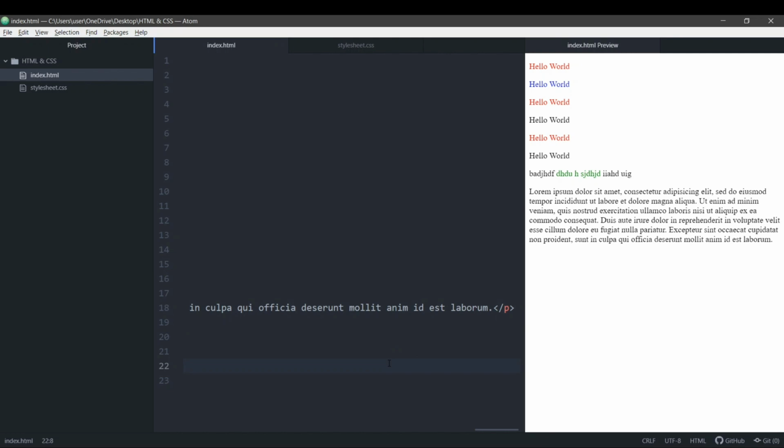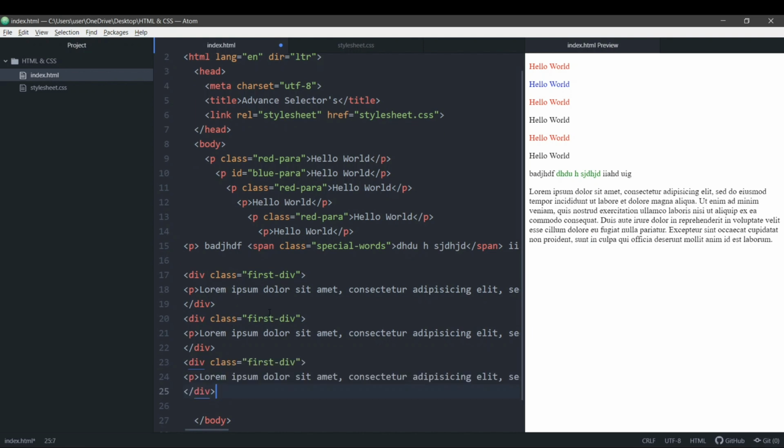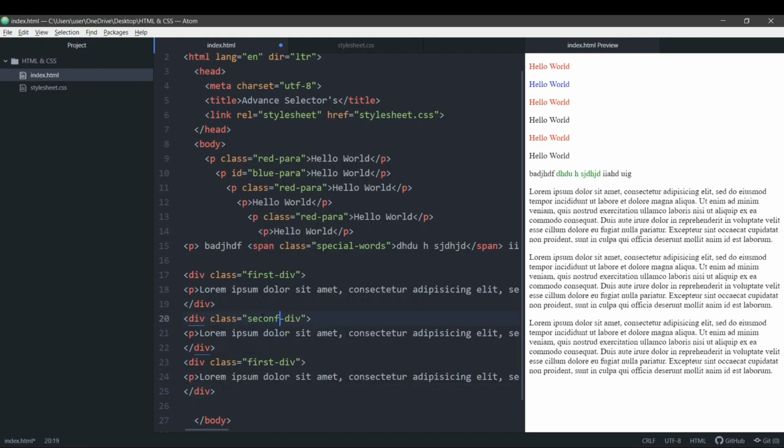Now again I'll add this one more time. I'll just copy this and paste it 2 times. I'll change this name to second div, and I'll change this name to third div, and I'll save this. Now what I want to do is I want this first div to have a separate color, the second div to have a separate color, and the third one to have a separate color.